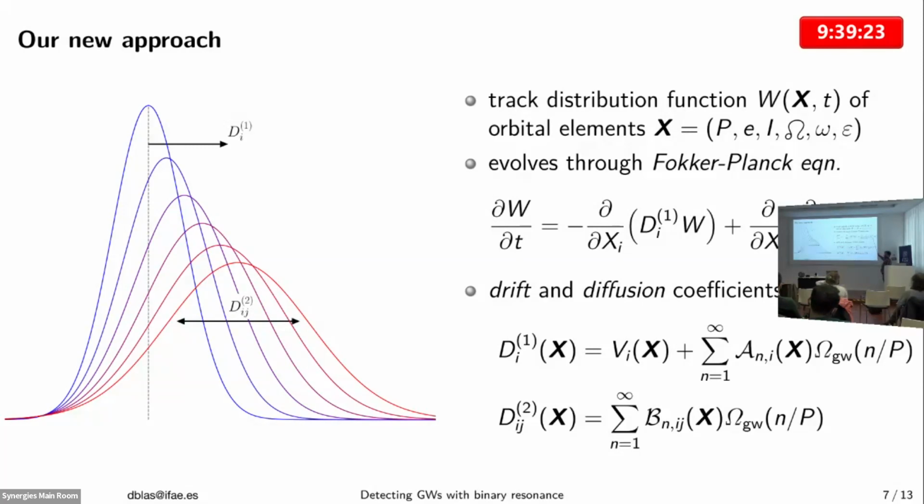So to compute this takes some effort. This is not easy, in the sense that you have to take the equations for the random noise in this case, which are non-trivial, and compute these two guys. But okay, we did it, and eventually, as expected, both the drift and the diffusion terms depend on the source of gravity waves at the frequencies which are resonant with the period of the binary system, right? And there are some coefficients here, and the larger the n, the smaller the coefficient. So you tend to resonate with the first one or two of this infinite series of resonances.